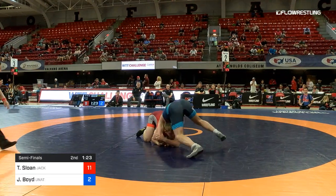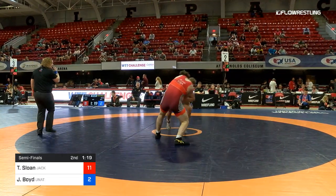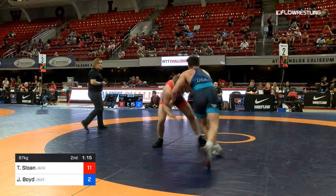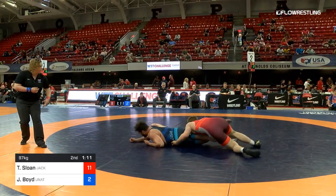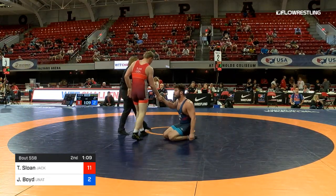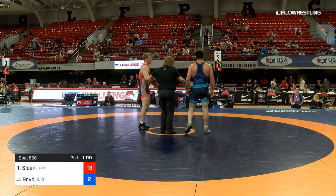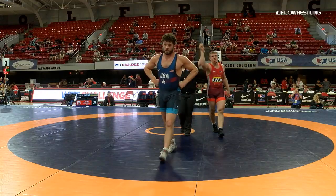Sloan level change. Boyd caught him. Boyd's going to have to get on his offense, though. So far, he's shown some good defense, but Sloan, the more shots he takes, the more he scores. And that one is going to give him the tech. So Tanner Sloan, impressive work. 13-2. He will advance to the finals of the mini tournament. His opponent